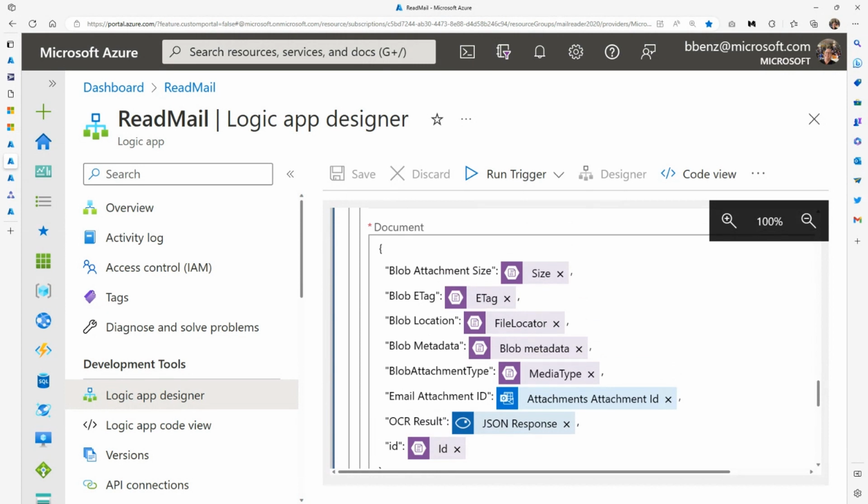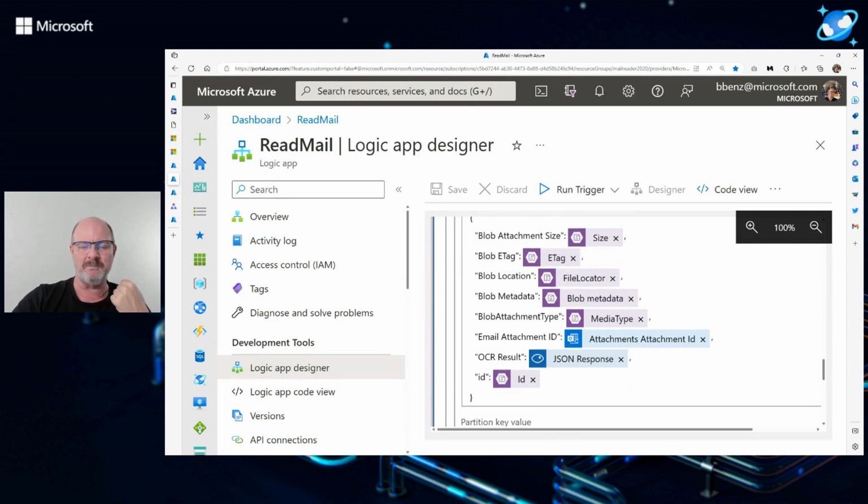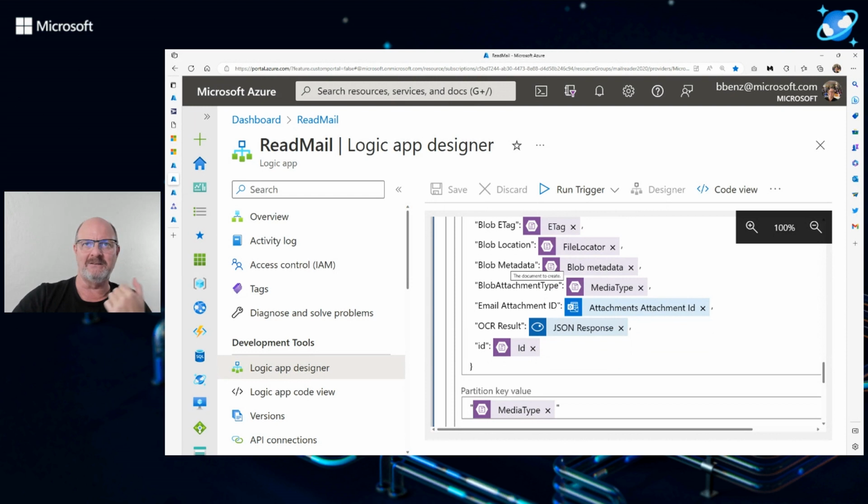Everything else here is passed from blob. And I just decided, because I could, to pass some statistics from the blob. And this is really useful for troubleshooting if the OCR is not going the way it should. So if you see just garbage coming into your JSON document in Cosmos DB, you can go back, trace this through to the blob, and open the image and check out what was that original image and why is it having trouble reading the OCR. Okay, so you add an E tag, a location, metadata. Attachment type is, in this case, JPEG, and just bookmark that attachment type because it's important.